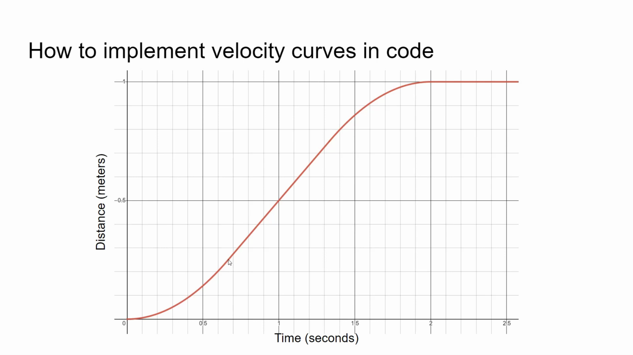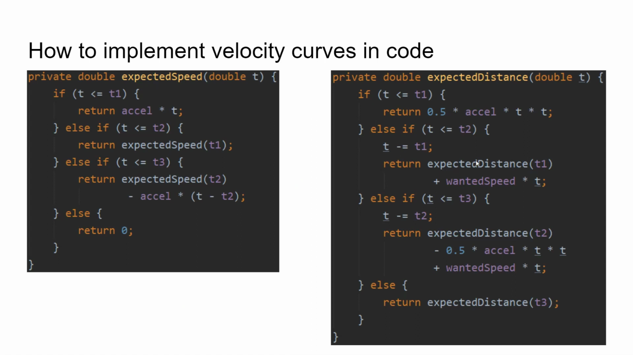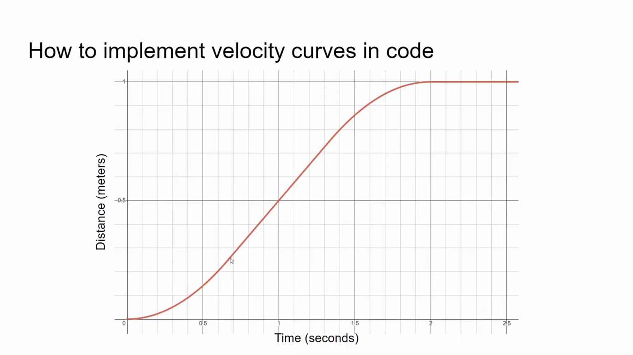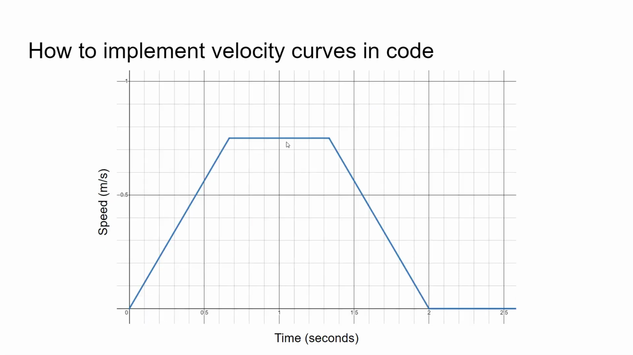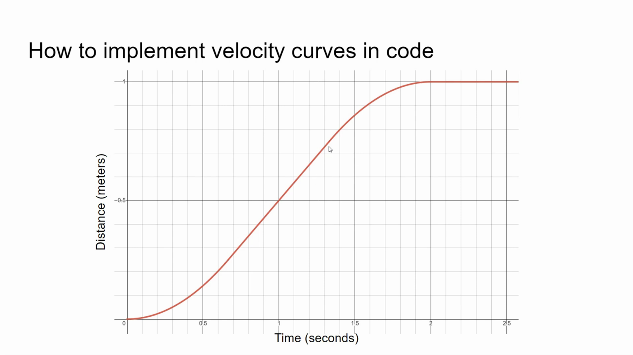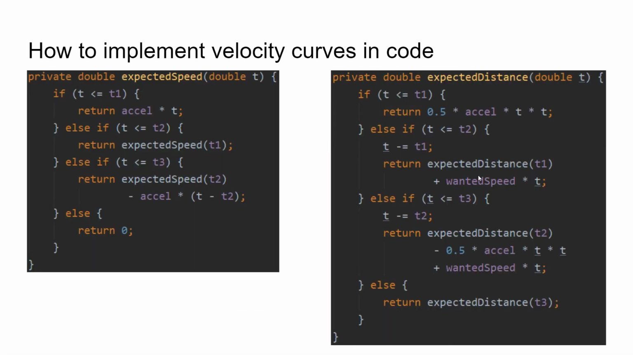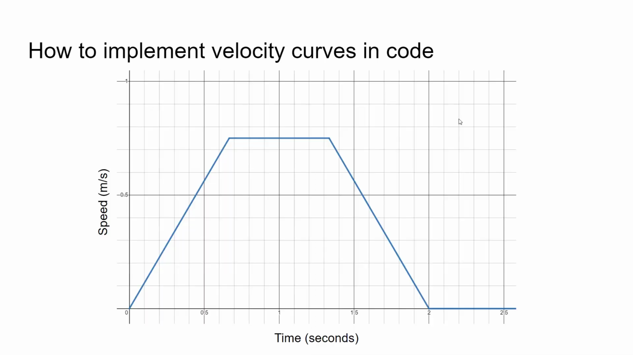And in order to do that, we have to shift it back. And we're going to return expected distance of t1, right? This is the distance we left off at in the previous section, plus the wanted speed times t. Right, so that's pretty clear. We're just saying the speed we're going at once we reach the top of our trapezoid right here. We're going to go along that line. Pretty clean. And then finally, if t is less than or equal to t3, so in this last section right